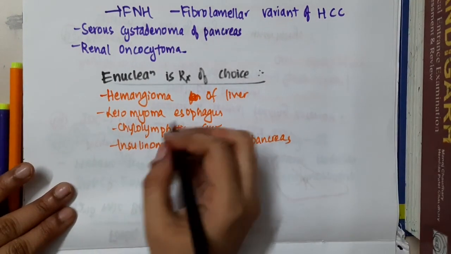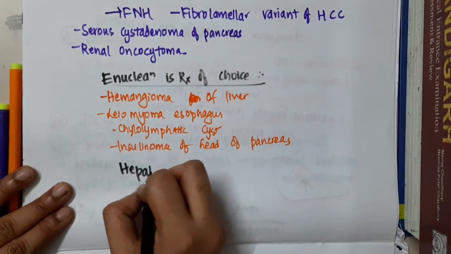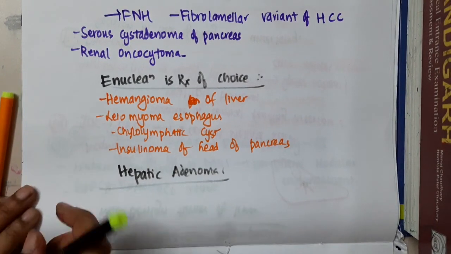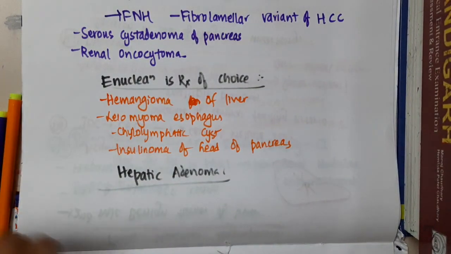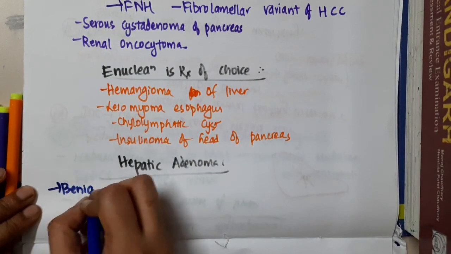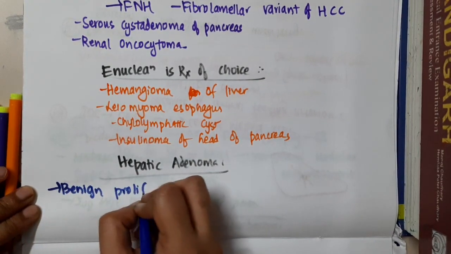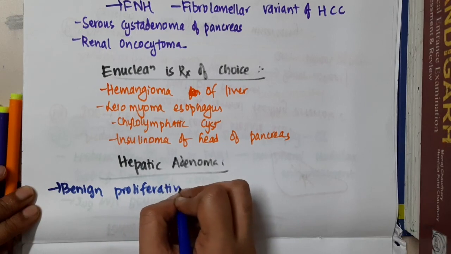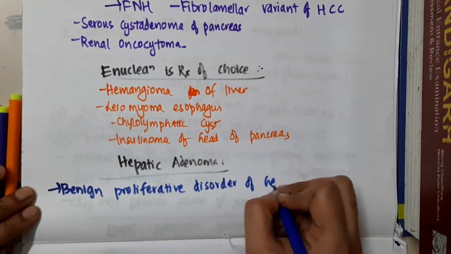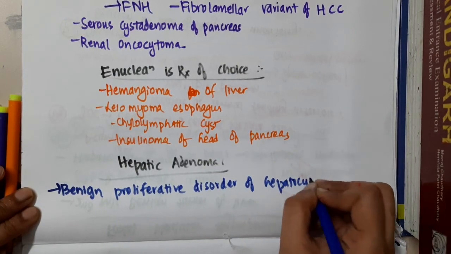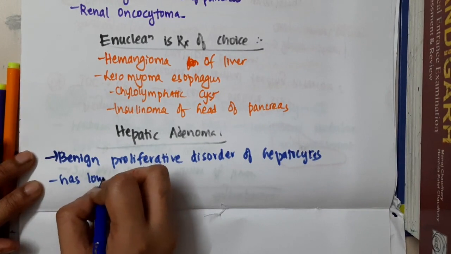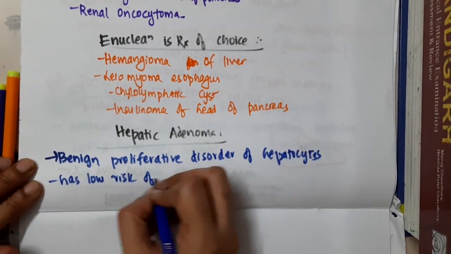Hello friends, let us now learn some important points about hepatic adenoma. So what do you see in hepatic adenoma? Hepatic adenoma is actually a benign proliferative disorder. A benign proliferative disorder of hepatocytes is called hepatic adenoma. Now this hepatic adenoma has a low risk of malignant